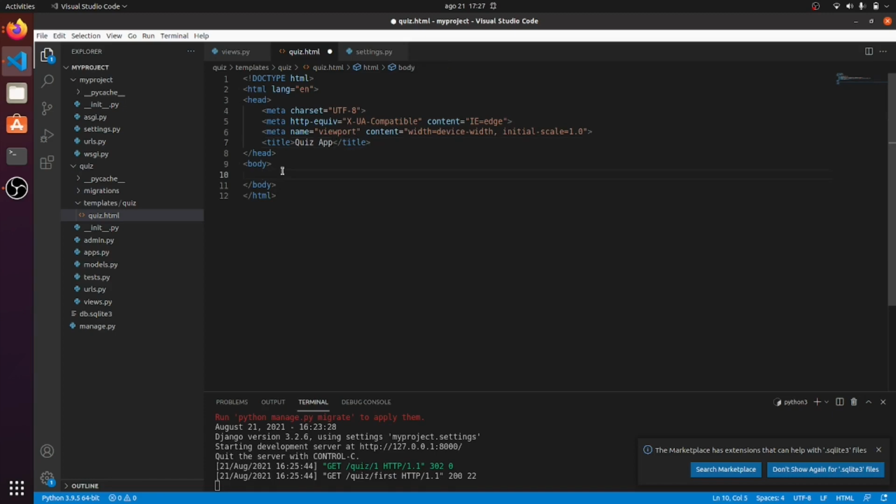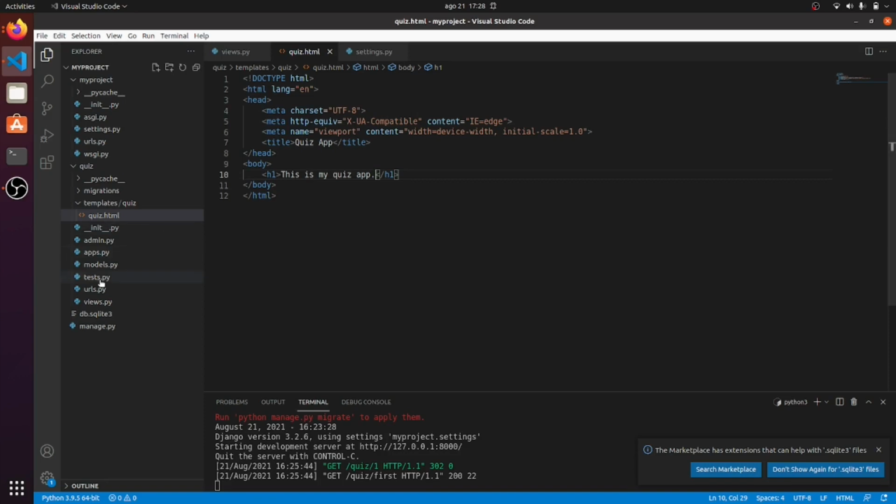In the body, I am going to write an h1 tag, like this is my quiz app, and save. Now I am going to send this HTML document to the client.